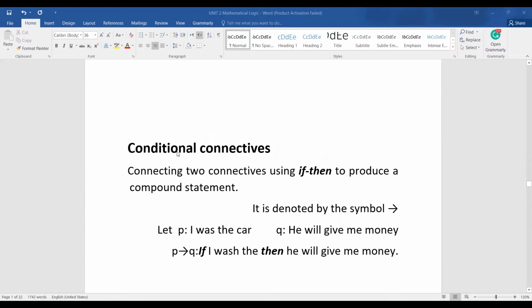We said we have 5 connectives, that is or, and, if then. If then is one of the conditional connectives that we'll be using now. When we connect two simple statements using if then, it gives us a compound statement, and it is denoted by the simple arrow. For example, let P be